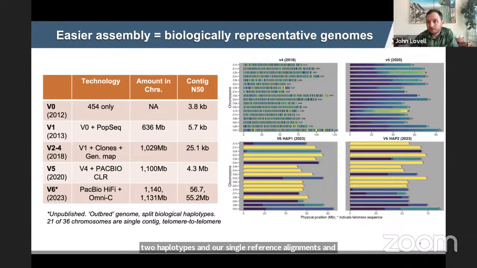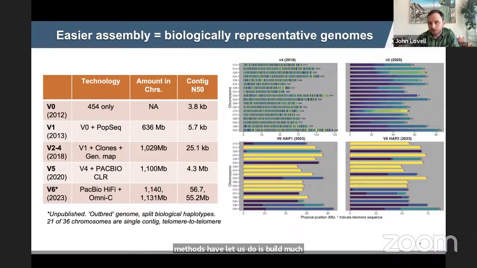Now, the state of the art still is to build two haplotypes, but only present one. I think that's generally a problem, and we should be trying to do everything in the multiple reference genome framework, even though it's hard. The other thing that this new technology and bioinformatic methods have let us do is build much more accurate representations